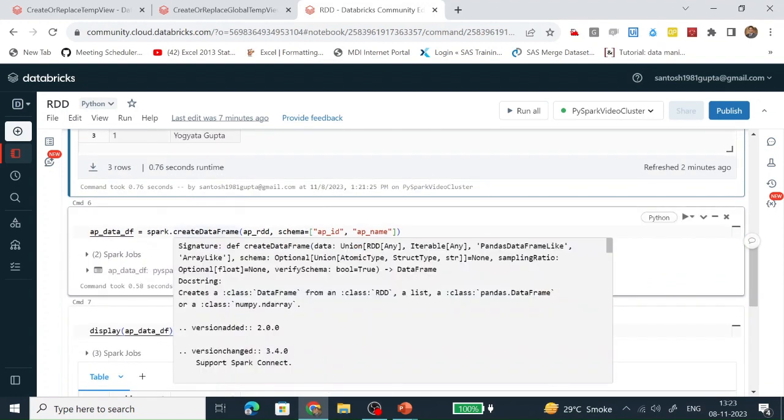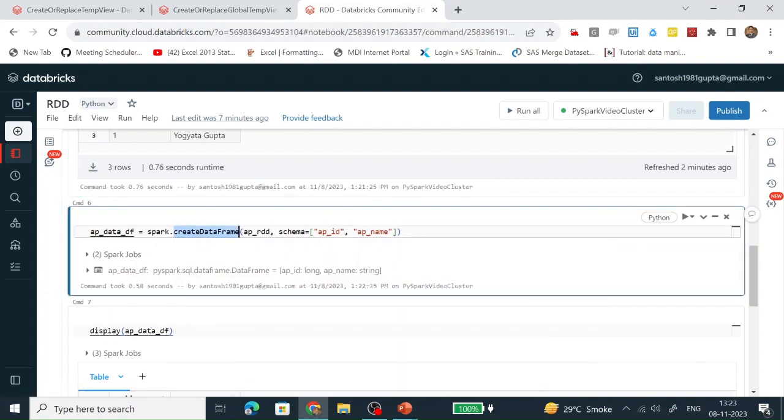Here I am creating a data frame with the help of the spark.createDataFrame function, and I am passing the parameter value as an RDD which has the data, and we are passing the schema. The schema has 2 columns, AP_ID and AP_name. Once this createDataFrame process runs, it will create a data frame AP_data_df, which has the same data which is present in the AP_RDD but in the form of a data frame.